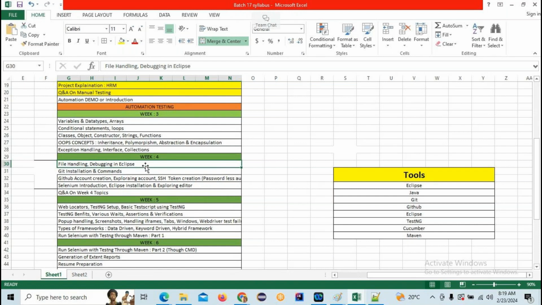But if you get connections on LinkedIn, the benefit is, for example, you have 2000 connections consisting of HRs, QA managers, QA leads, and so on. Whenever an opening is available in their companies, they will post it, saying there is an opening for a particular role, that they need experienced people, and which technical stack is required. Everything will be posted on LinkedIn.